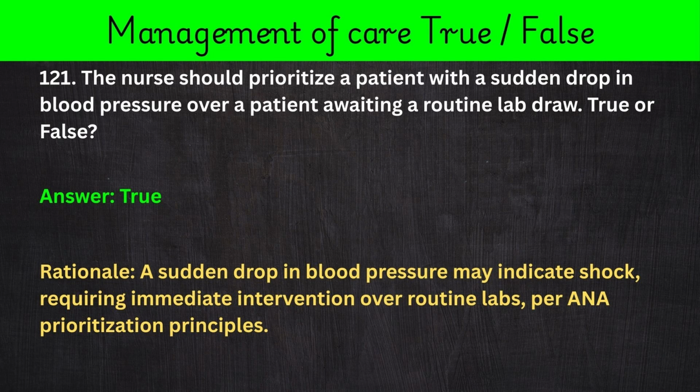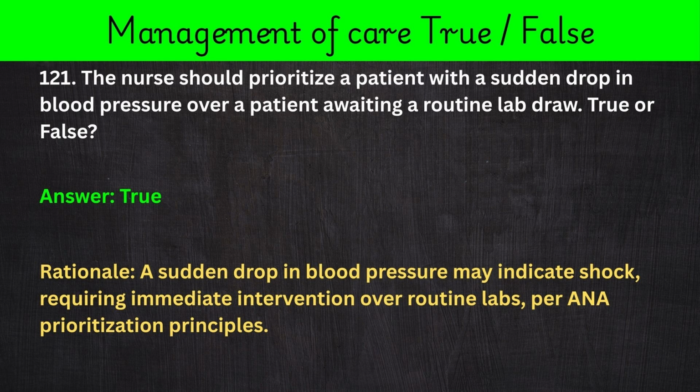121. The nurse should prioritize a patient with a sudden drop in blood pressure over a patient awaiting a routine lab draw. True or false? Answer: true. Rationale: a sudden drop in blood pressure may indicate shock, requiring immediate intervention over routine labs, per ANA